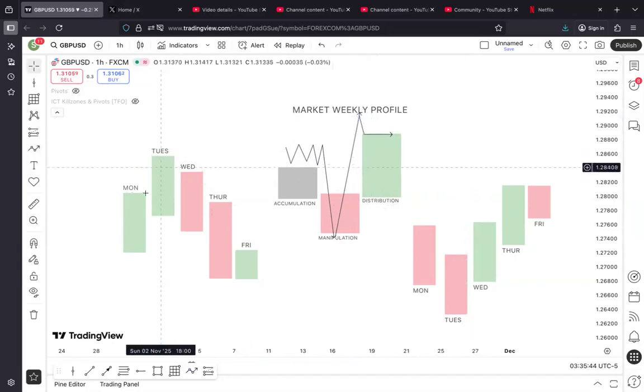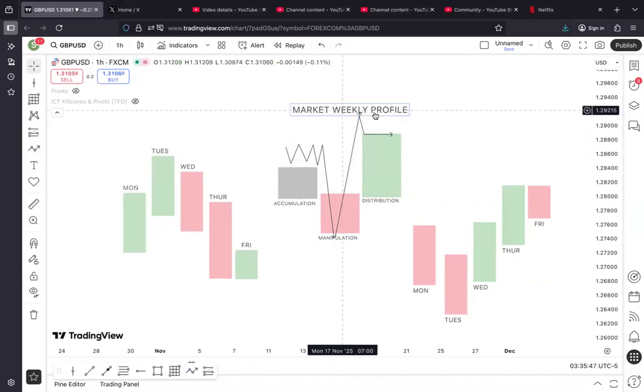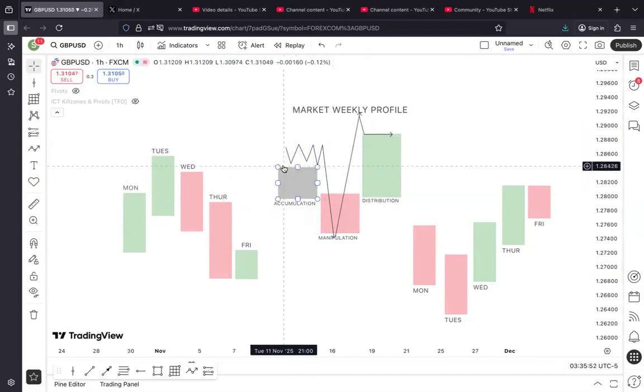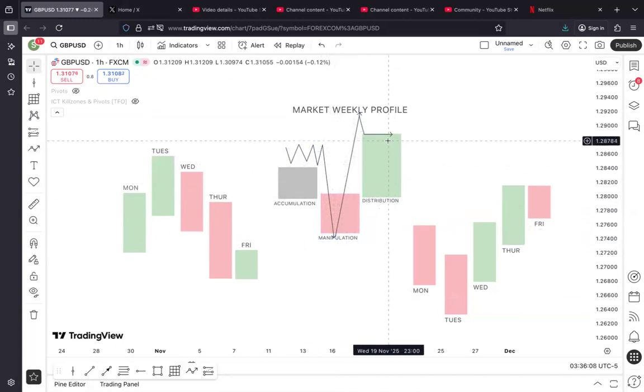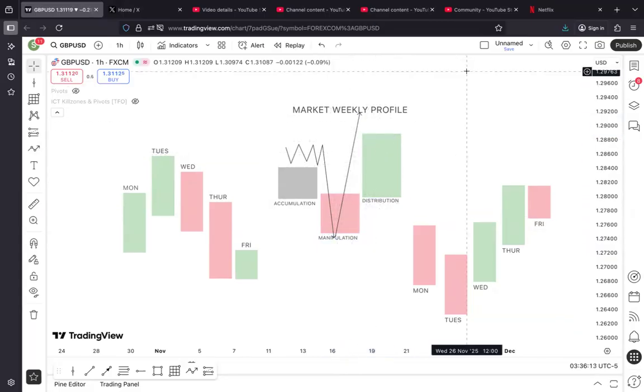The idea of the weekly profile is based on this simple concept that I just explained. There are certain times of the day that you expect accumulation, and there is a time of the day, or sometimes not just one day, it could be the following day, where you expect manipulation to occur. Then on the subsequent days, there are certain expectations. I will explain all of this as we proceed. So how do you take advantage of this move? That is one of the most essential reasons why I'm making this video.